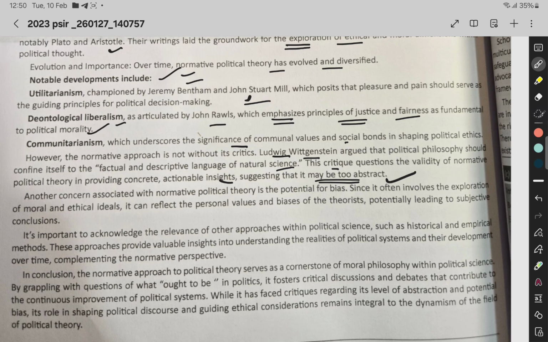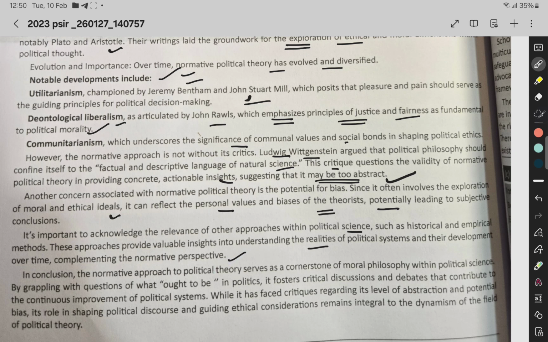Now, another concern associated with normative political theory is the potential for bias. Since it often involves the exploration of moral and ethical ideals, it can reflect the personal values and biases of theorists, potentially leading to subjective conclusion. It's important to acknowledge the relevance of other approaches within political science, such as historical and empirical methods. These approaches provide valuable insight into understanding the realities of political system and their development over time,